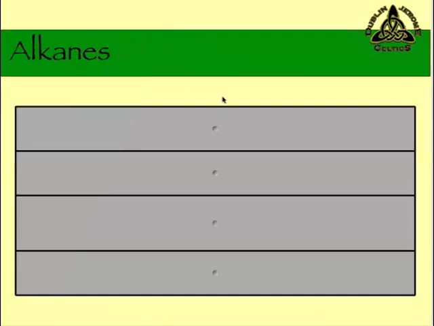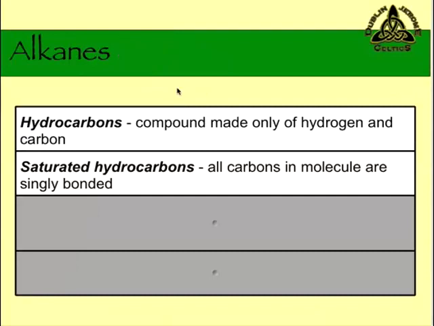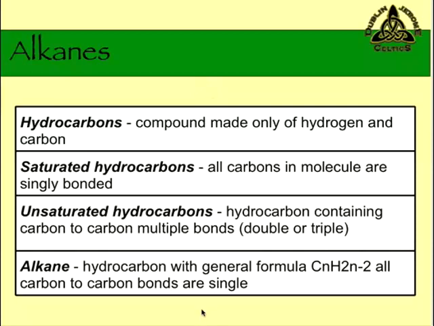So alkanes are hydrocarbons, and a hydrocarbon is a compound made only of hydrogen and carbon. An alkane is a saturated hydrocarbon, which means that all carbons in the molecule are singly bonded. There are also unsaturated hydrocarbons, but alkanes do not fall into this category. They are hydrocarbons containing carbon-to-carbon multiple bonds, so either double or triple bonds. And then finally, the actual definition of an alkane is a hydrocarbon with the general formula CnH2n+2, and